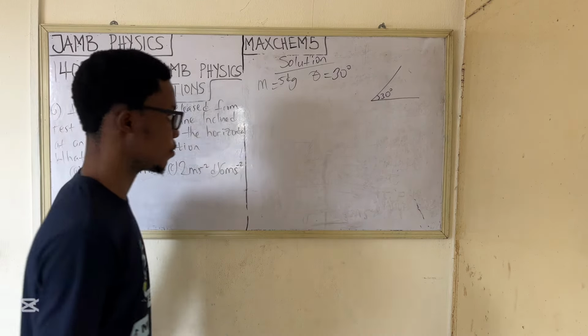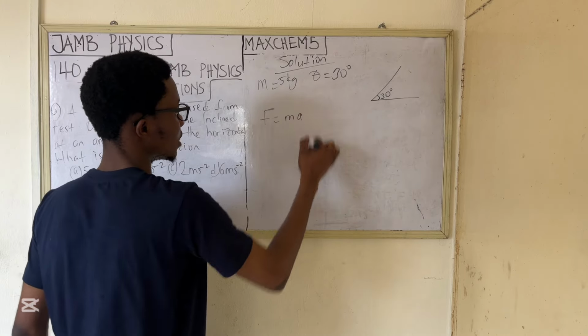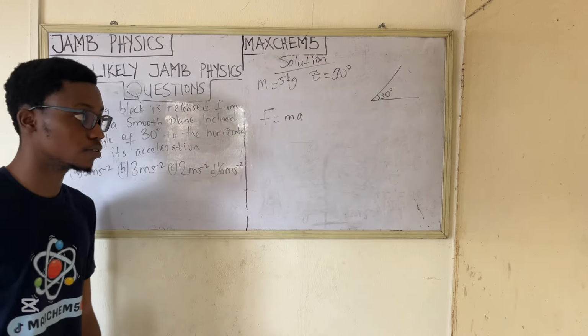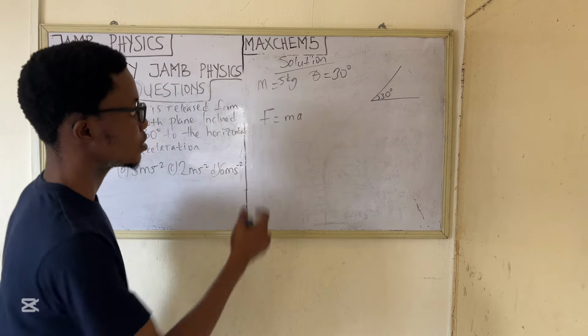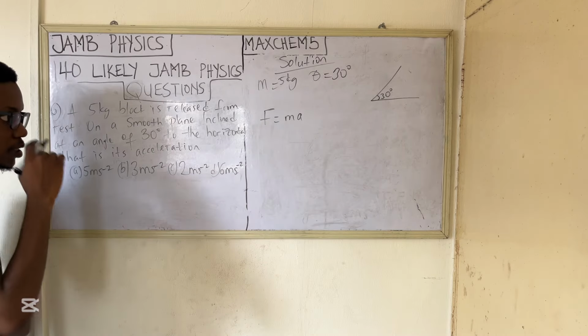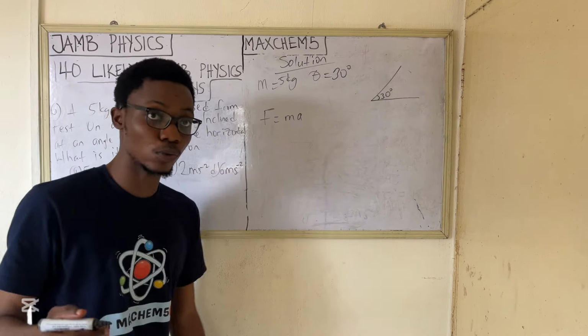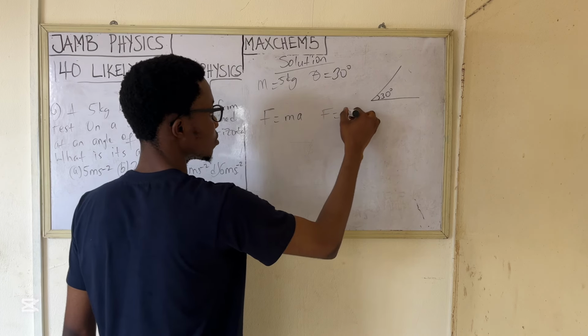You know, our force is what? Mass times acceleration. So mass times acceleration, that is our force. Now, we're having inclination here. Definitely, we can also have force here. You know, force is equal to